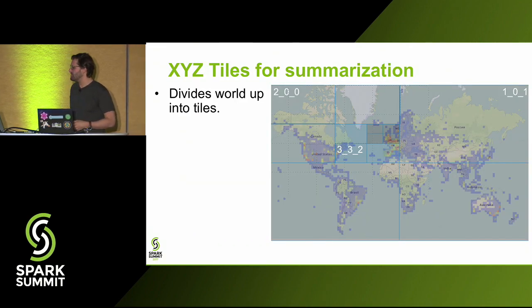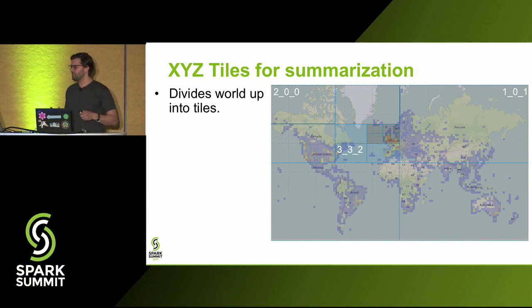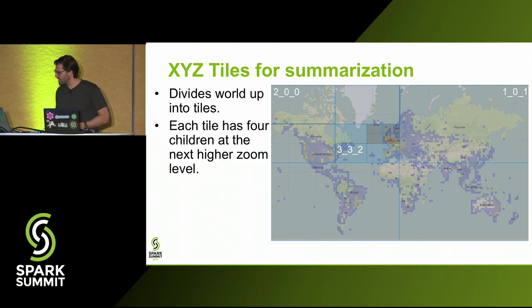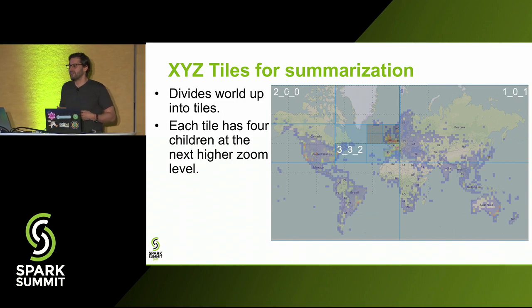So just to discuss how we map a particular location point to a geographical summary. One of the common patterns that we've seen is this XYZ tile concept, which is also used in OpenStreetMap, Google Maps, and Bing Maps. The general idea is to divide the world up into 4 tiles at the top level zoom. Then for each zoom level below that, we take the parent tile and recursively divide it into 4 tiles. We do this down to 21 zoom levels. An individual tile is then addressed by its zoom level and its row and column within that given zoom level.